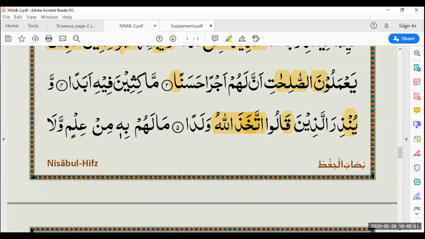In this case, it is haruf qalqalah, but not in this case because it doesn't carry a Huruf al-takhfif. Excellent, well done. How many haruf al-tafkhim do you think we have learned? 7. Well done, 7. So Qaf is also one of them. Jazakumullah. And let's move on to verse number 6.